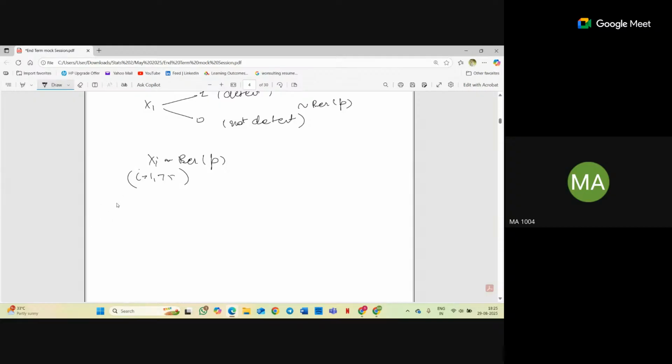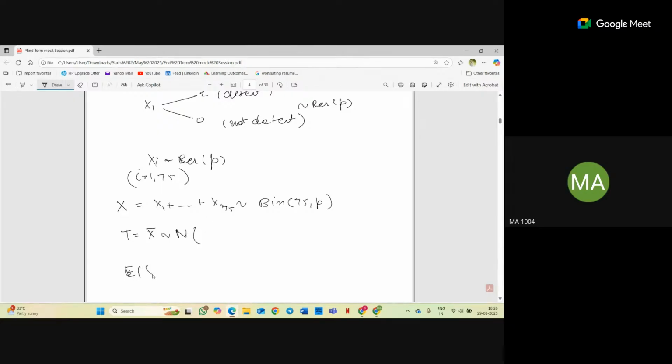Now, let's suppose my x is equal to the sum of all these samples. So the sum of all these samples will be following what distribution? Binomial. This will be binomial with parameters 75 comma p, right? Now if x is following binomial 75 comma p, the sample mean is x divided by 75. Yes. Now the sample mean would be following a normal distribution with what expectation?